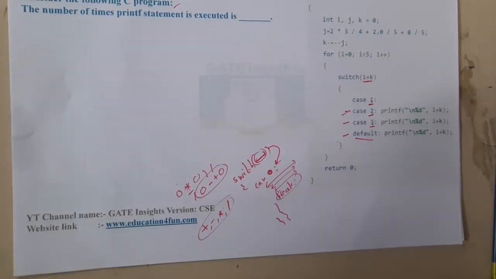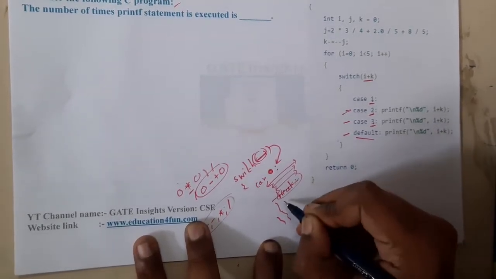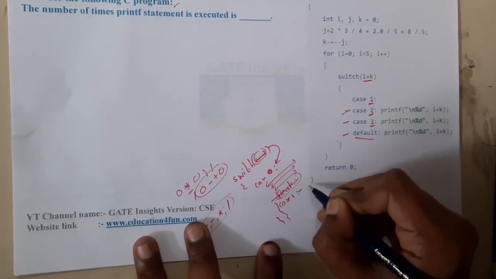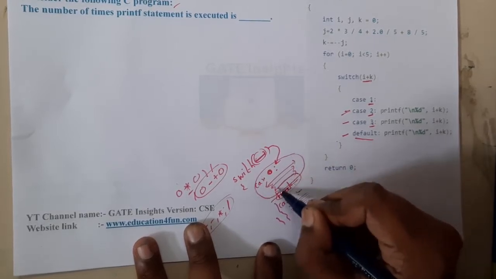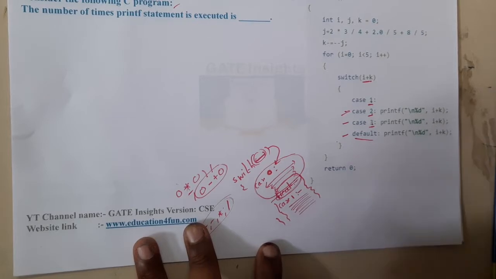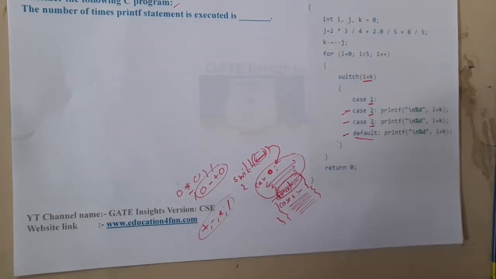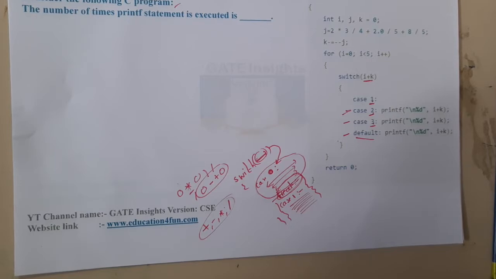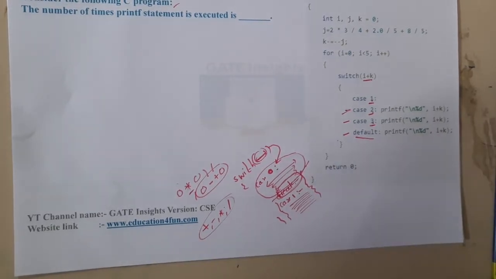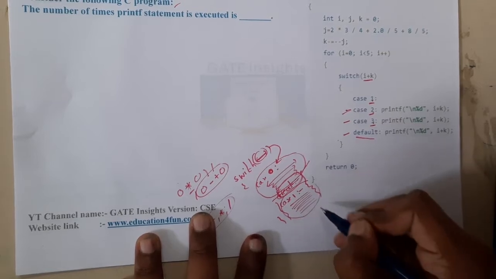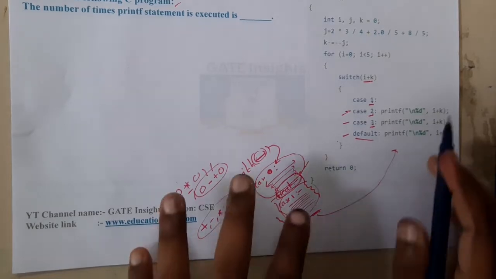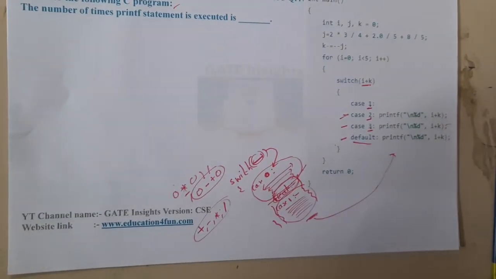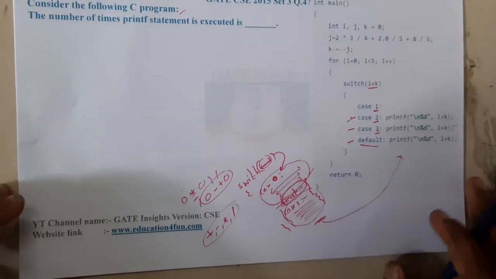The major advantage or disadvantage, I don't know what you can call it, is what happens if you don't write break. If you have case 1 and the next step has 1000 lines, whenever case 1 is executed, as there is no break, all the lines after this will execute guys. That is a major issue. I would call it a disadvantage, but a few might say it is a good thing because we are forced to write break, so we gain some knowledge. That is what they are using here to try to confuse us. If you observe, there is no break statement here. So now let us analyze the code. Let us start.